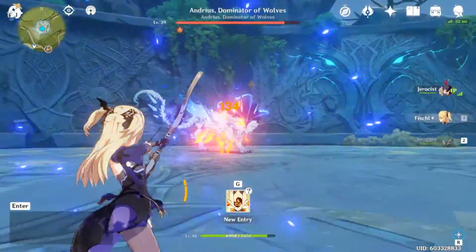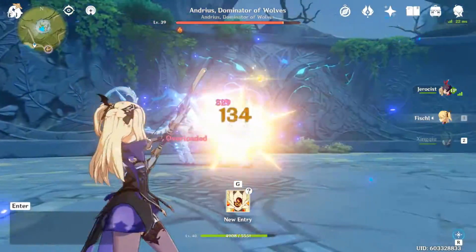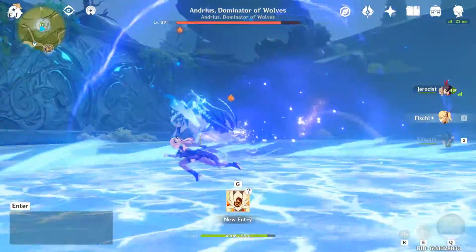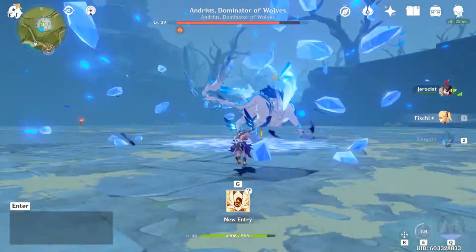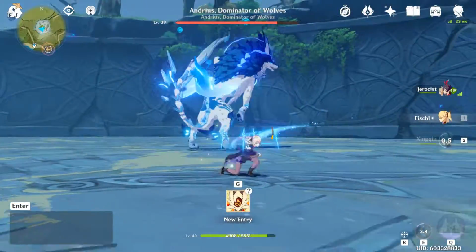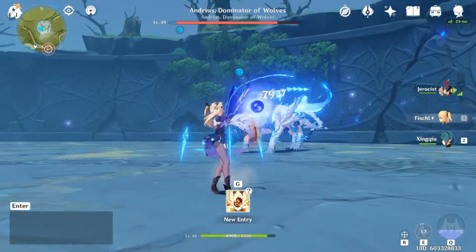so that gives you a small window to actually dodge and get out of the way and not take the damage. Another attack that Andreas does that you really don't need to worry about unless you're close range with a character like Noelle, who uses her shield for close quarters combat, is his swoop attack, where he basically just swoops his tail around and tries to hit you. Like I said, you don't really need to worry about it unless you're really up close,